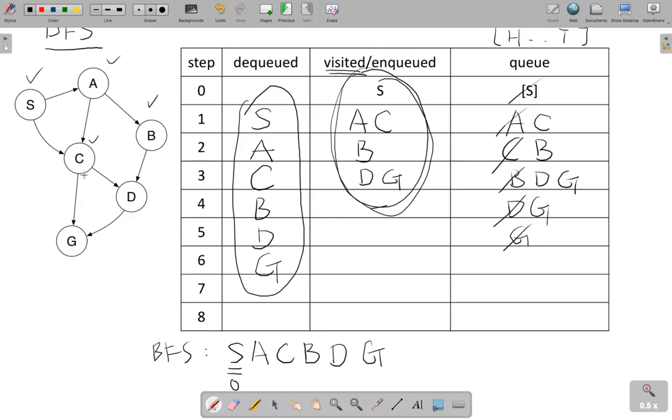But if you look at A and C, both nodes require you to reach out by one edge. This is like one hop. You just jump one time, and then you can reach A and C, right? So this is one hop. And then if you look at B, D, and G,